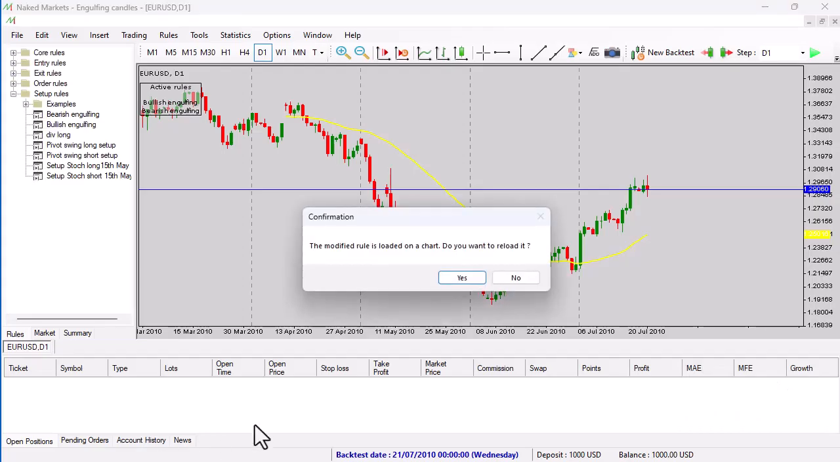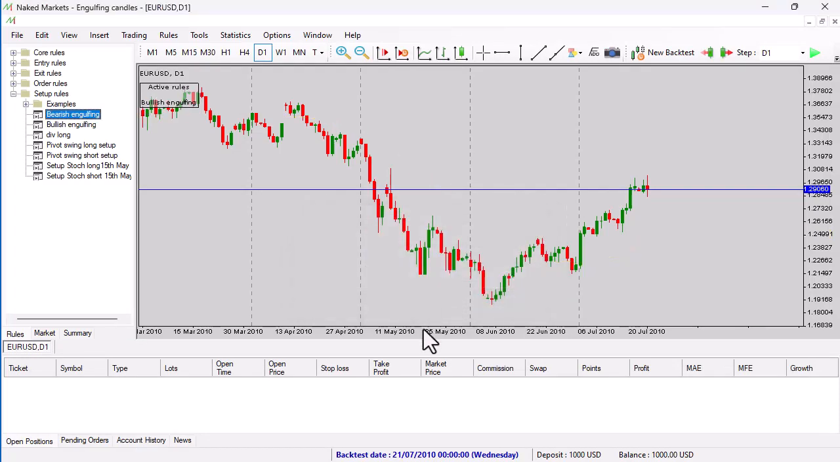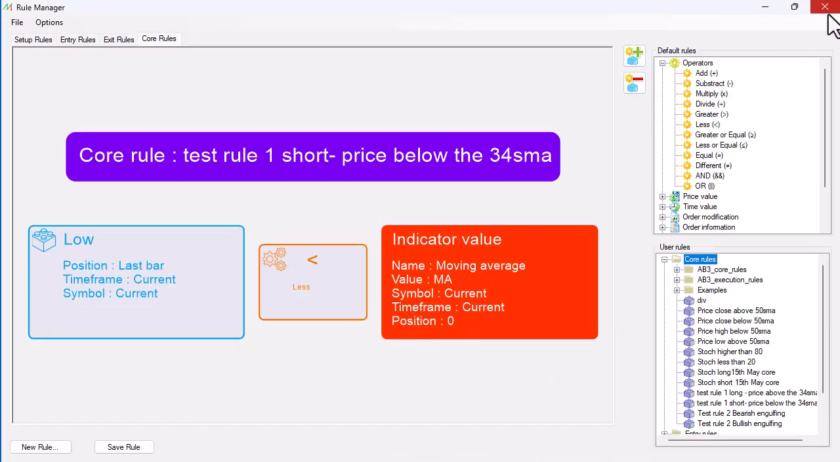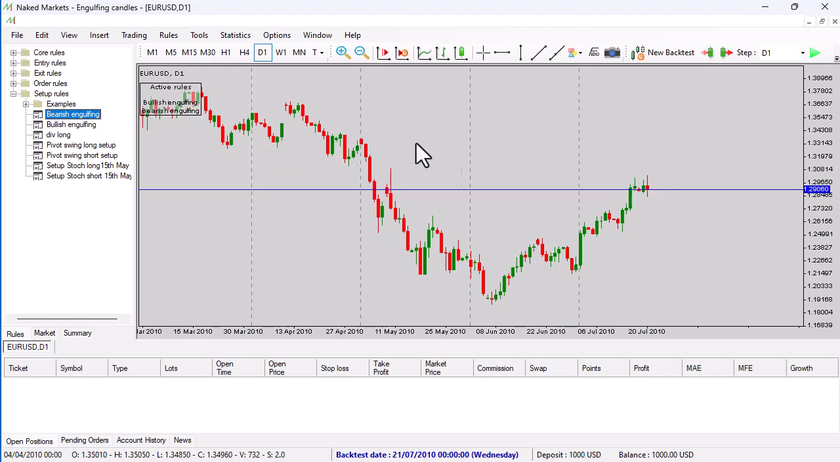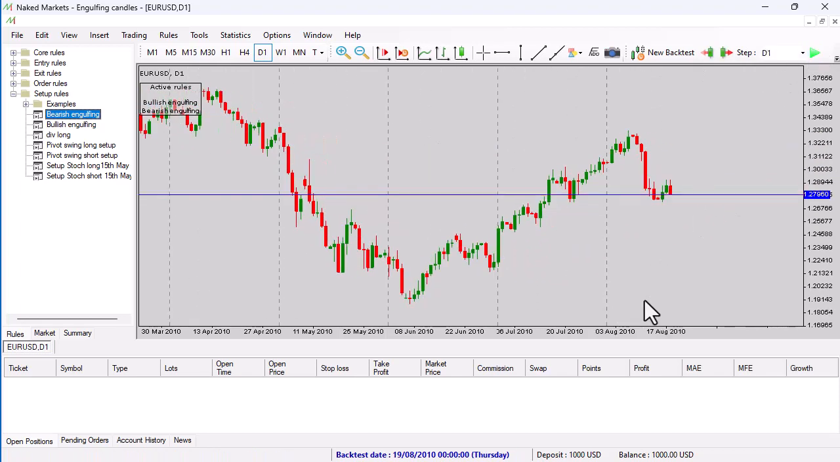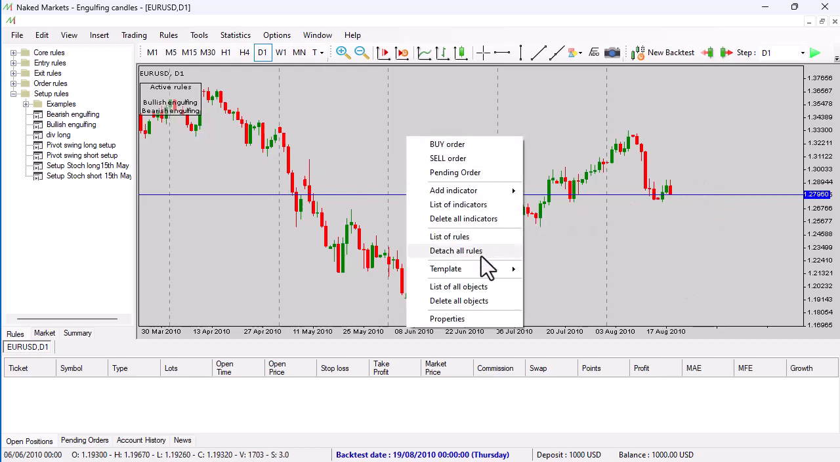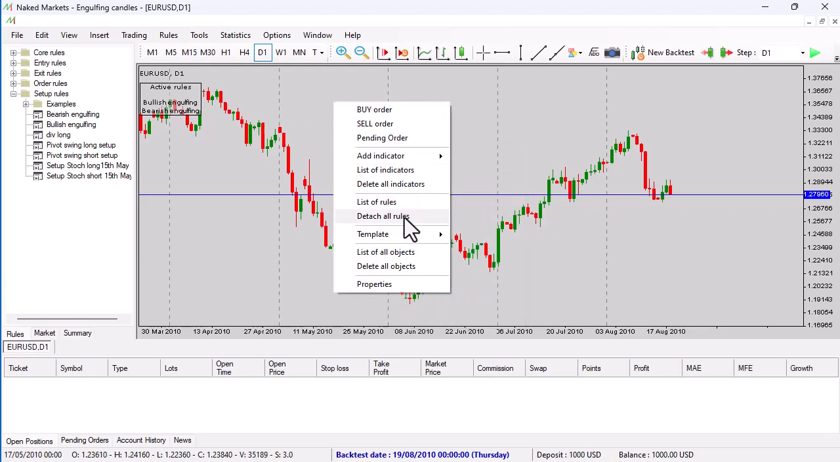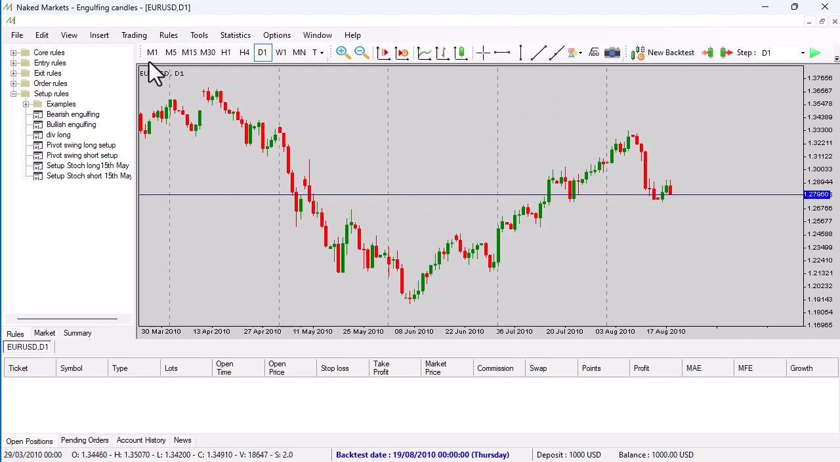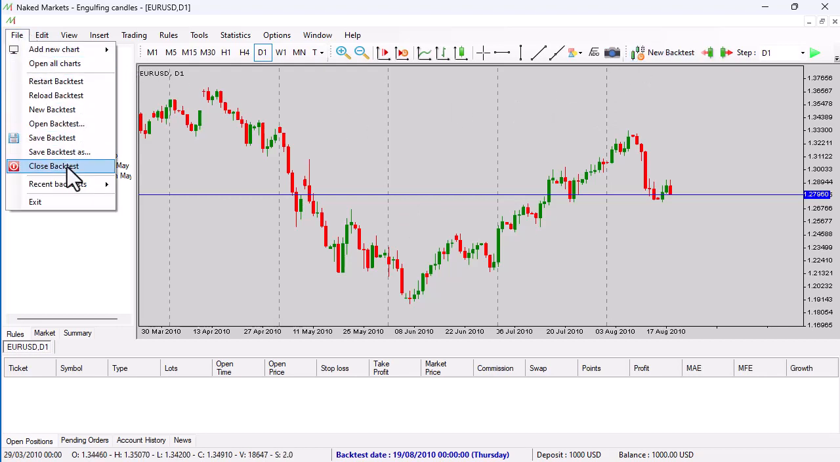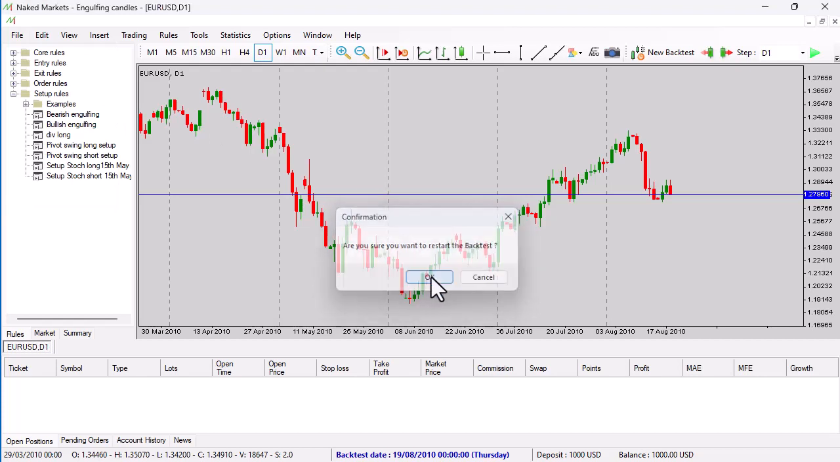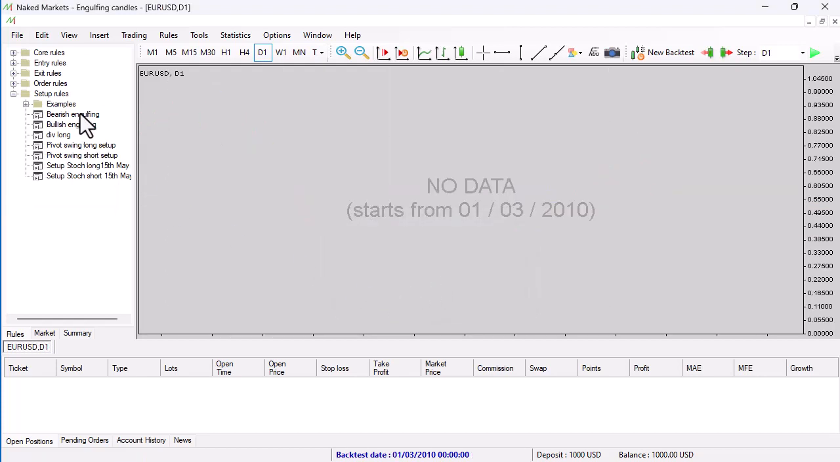Now when I close this, it's going to ask, there you go, the rule's been modified. Do you want to continue to reload it? In this case, yes. So it's reloaded it. Close the rule again. Here we go. And then it's scrubbed everything before it. And then let's just check it out. So it's a bearish engulfing. So what I'm going to do now is take off the rules. So you right click on the screen here and detach all rules, and we're going to file, restart backtest, yes, and we're going to now drop those two rules on here